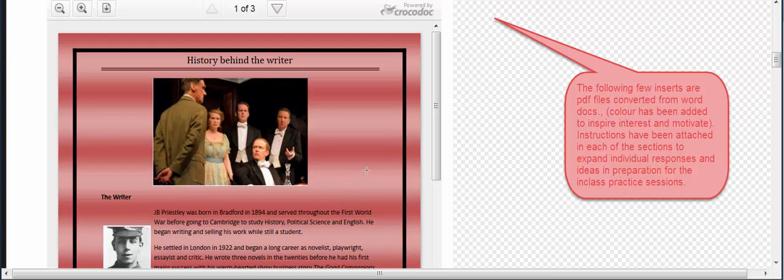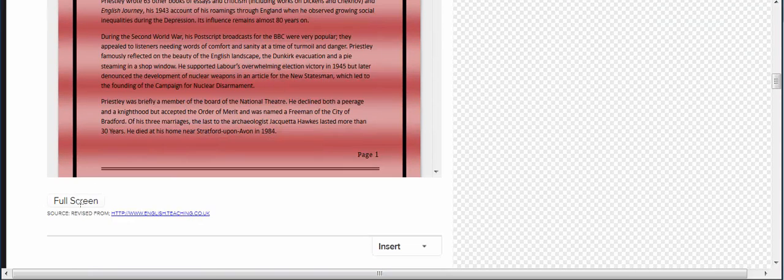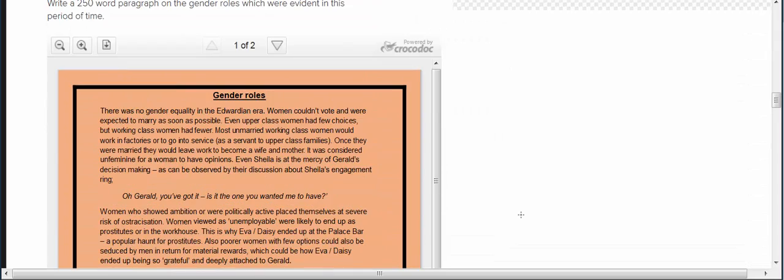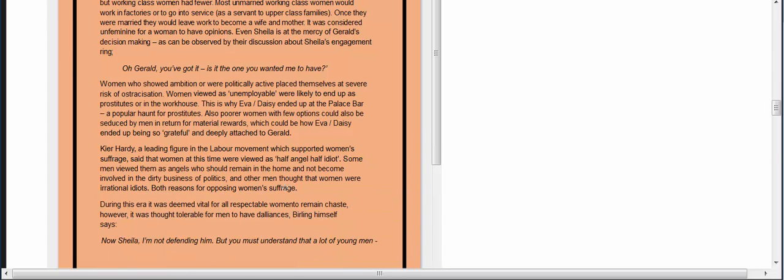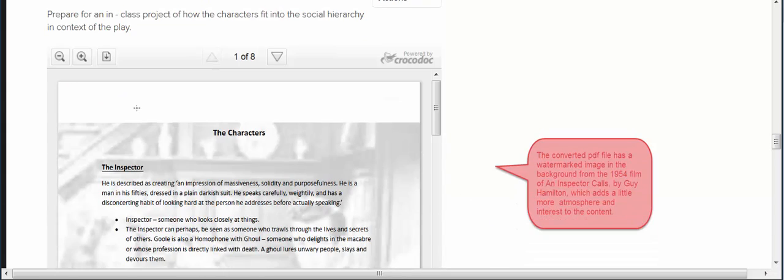Now, each one of these PDF files that I have uploaded can also be scrolled down here. They can be seen in full screen mode, and as we can see, the next subsection, gender roles, again is in a different background color, and the third subsection, the characters,